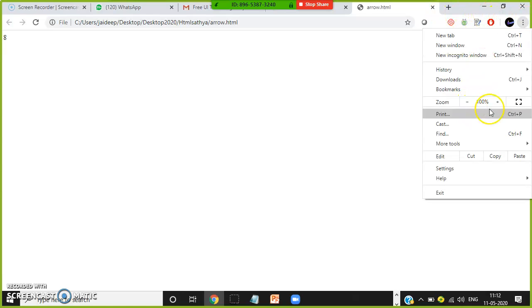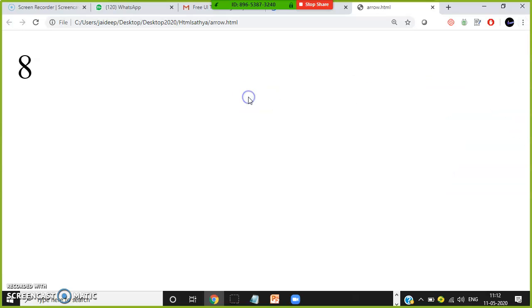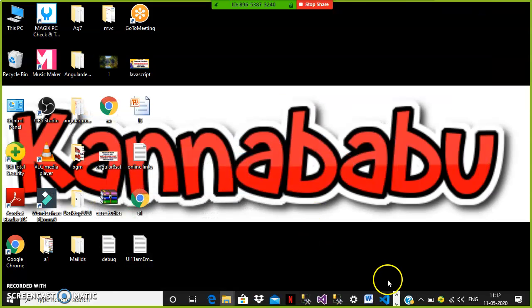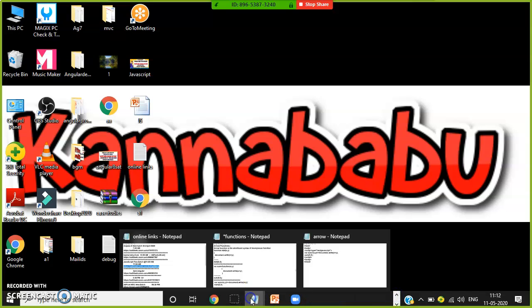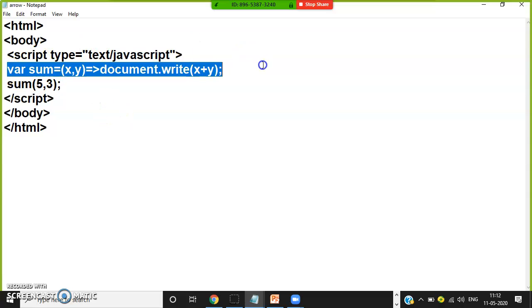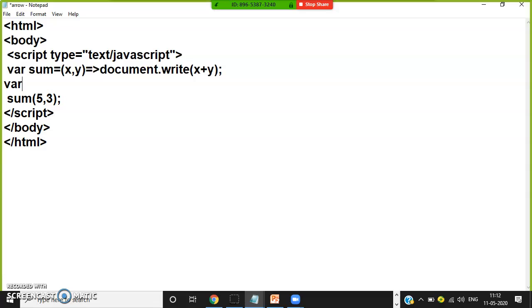The main advantage of the arrow function is to reduce the size of the function. Generally, a function takes input and gives us output, and generally we give input as variables. If you want to give input as a function to another function, or an expression to a function, then we use arrow functions or lambda expressions. This is for single line functions. Now similarly, if you want to write, you can write difference equals.